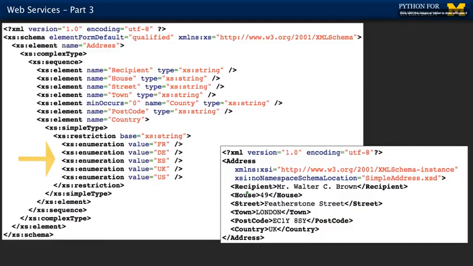Here are some more XSDs. Let's take a look at this one. Some of the documents have this little XML, and that's really an indication that it's an XML document. And then we have the schema, which is the outer one. There's an address as the outer tag, and that tag goes all the way to here, because these are just key value pairs. We have a recipient, which is a string, house, that's a string, I guess, street, which is a string, and then we have